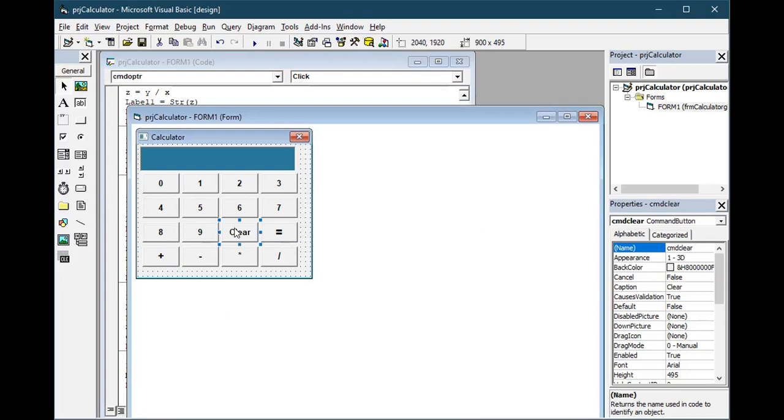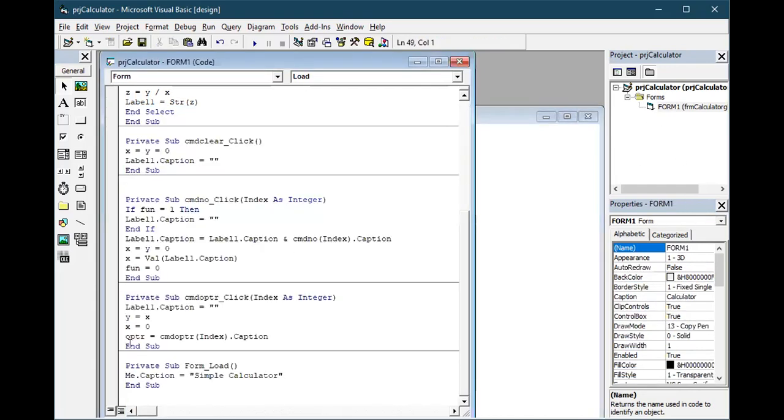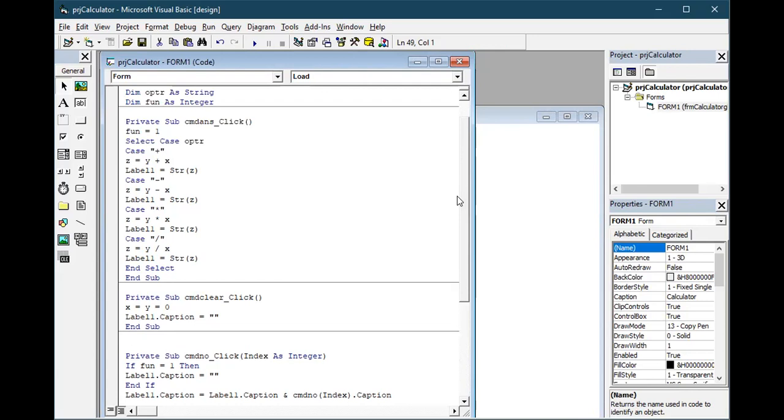So understand, clear coding you will write, equal to coding, and plus you will write one coding. Afterwards, go to the form load, double click on the form, and write Me.Caption equals Simple Calculator.